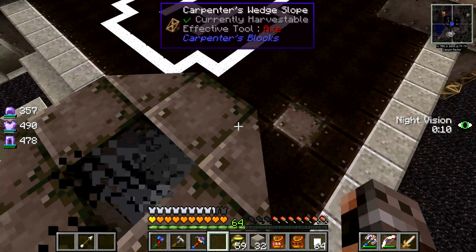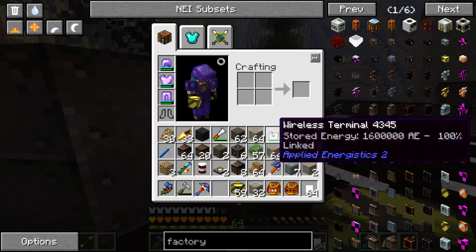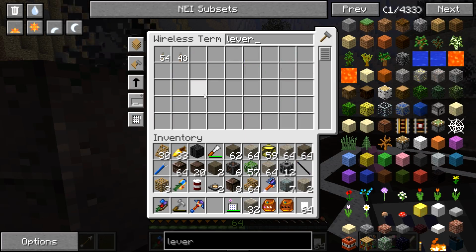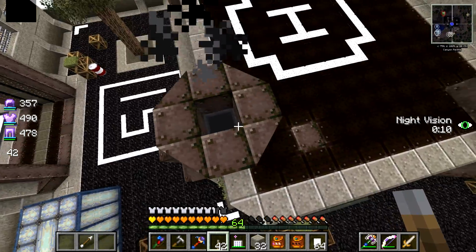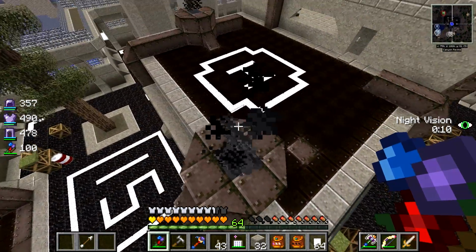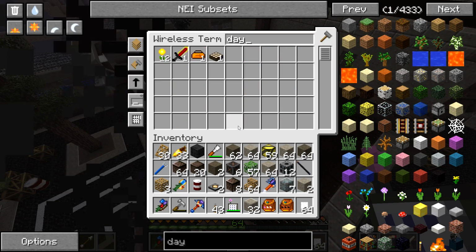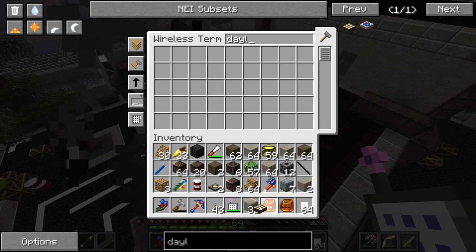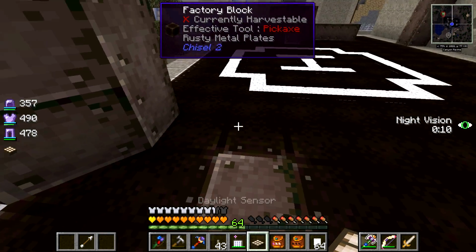Very easy. The cool thing about it is that you can feed it a redstone signal. So let's grab a lever. And I'm sorry for those of you who've been here the whole time. You've seen this, but yeah. You can grab a lever and you can turn it off. So what we could do, I was thinking we could use like daylight sensors, for no other reason than this being a cool feature to the factory. And we could do...